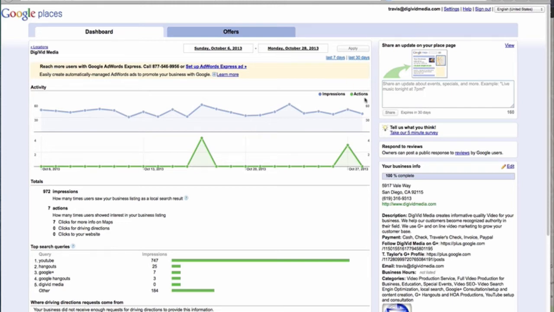So you want to make sure that your NAP is the same in both platforms. In fact, you want to make sure that's the same across all of your digital platforms that your business is on. NAP stands for name, address, and phone number.